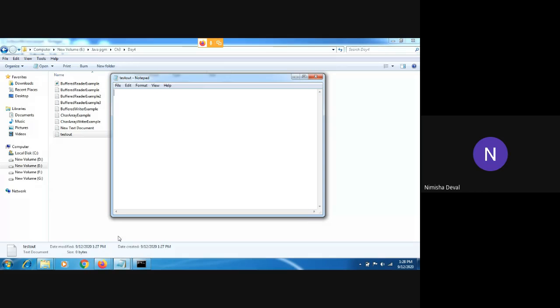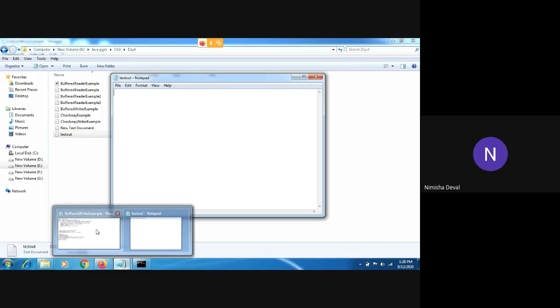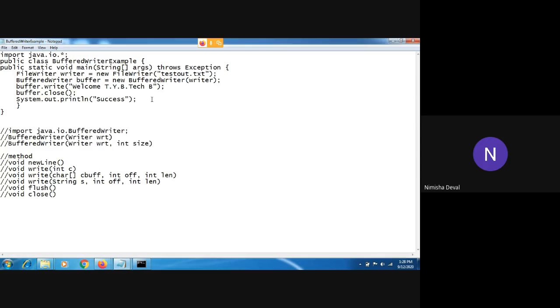The error is not there, but the data is not written in this file. Yes, the data is not there, because you can see here we have written it with the BufferedWriter class with this method.